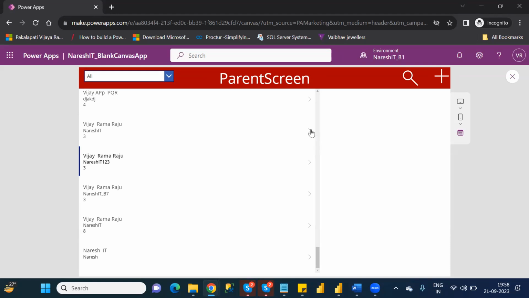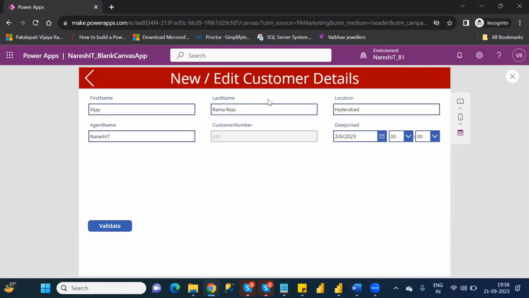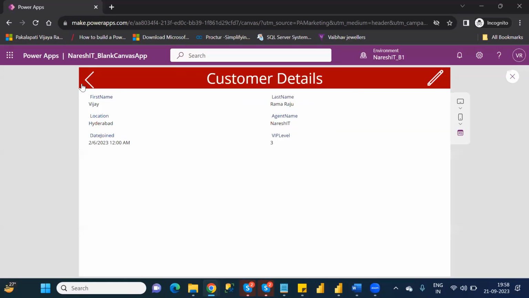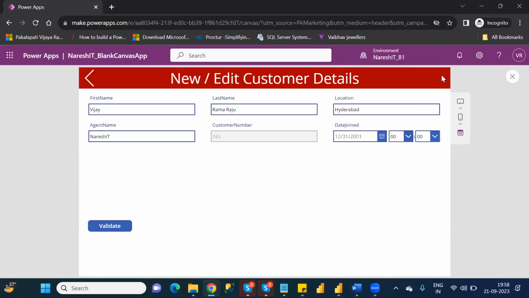If I click on this one, you can come to the edit screen itself. If you click on this particular button in the edit screen, whatever fields are there, all the fields are going to be erased and you can enter your own values like this. Understand clearly or not? This is what the complete flow is. So next one is